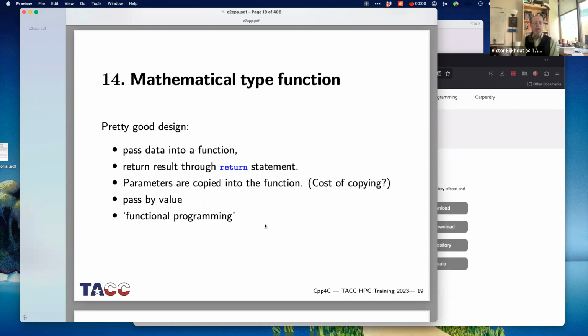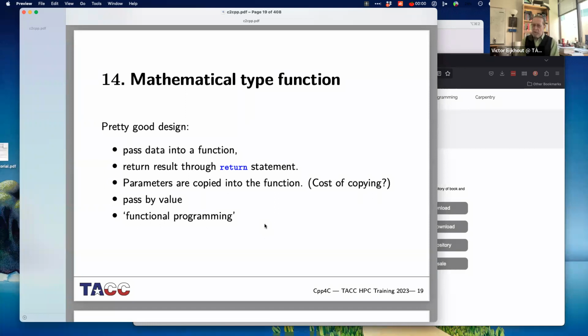In this case, parameters are copied into the function, and ultimately you're going to worry about the cost of copying, but they're copied into it, and so this is called, in compiler terms, parameter passing by value. And this whole design of values going into the function and only the return result out is sometimes called functional programming,